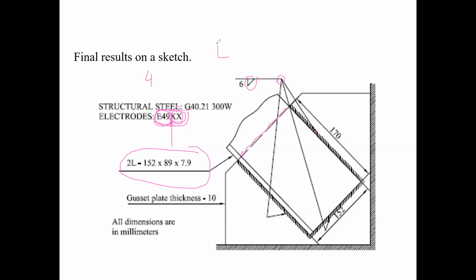because when you see E70, when you see E70XX, okay, this stands for 70 KSI, kips per square inch, whereas here the 49 stands for not 49 megapascals, because that would be very weak, it's 490 MPa. Okay, that's the resistance, that's the Fu value that you have in the equation, the strength